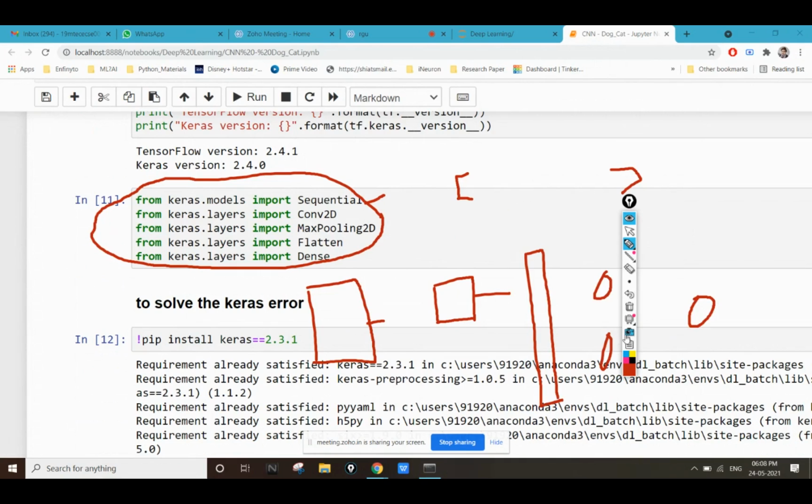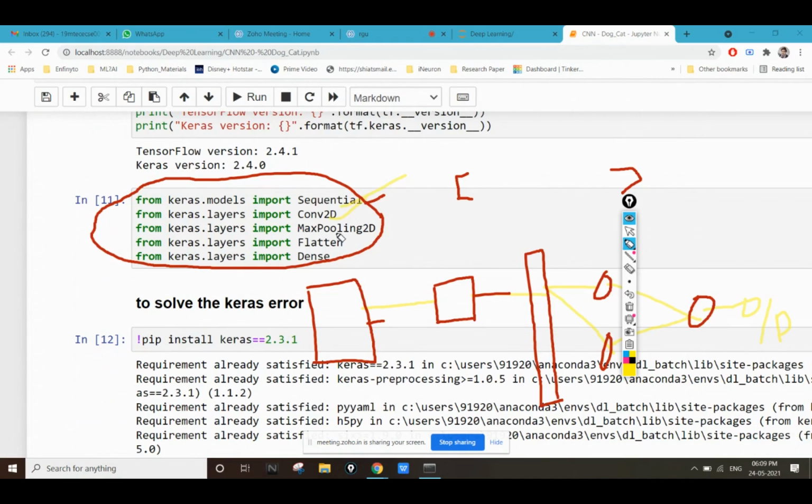So this is the sequence, and we are going to initialize that sequence, because we cannot pass all the images at once. We'll initialize a sequence so that all our images follow the same sequence one by one, and here we'll get the output. I've already told you what a sequence is. Then we are doing this convolution.